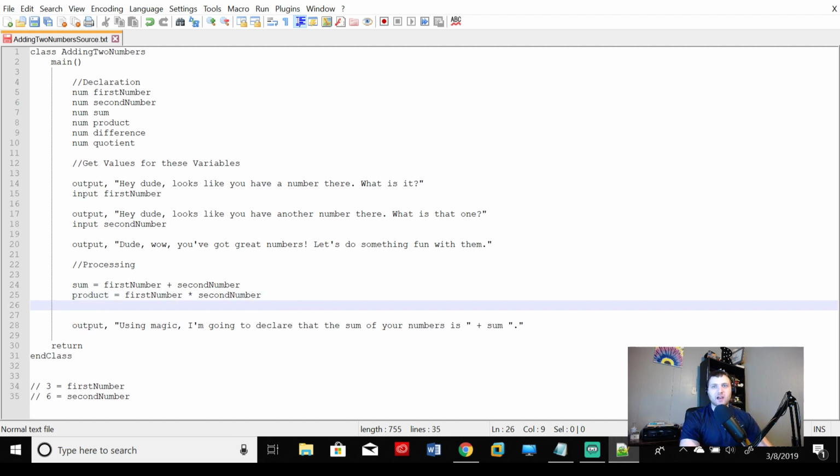Now we're going to do the difference. The difference equals, now this is the first time we have to think about the order that we have these numbers in. For this purpose right now, I'm not going to put anything that's going to check to make sure that we are subtracting a lower number from a higher number. I'm simply going to know in my mind that 6 is higher than 3. So I'm going to make second number go first here. So we'll say second number minus